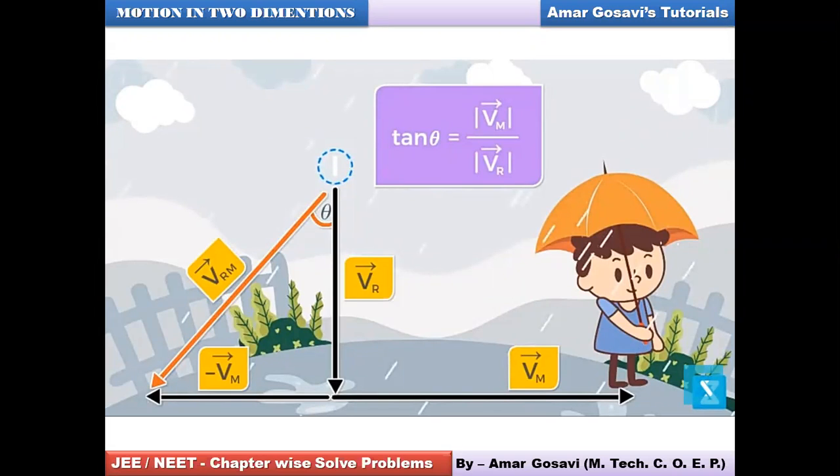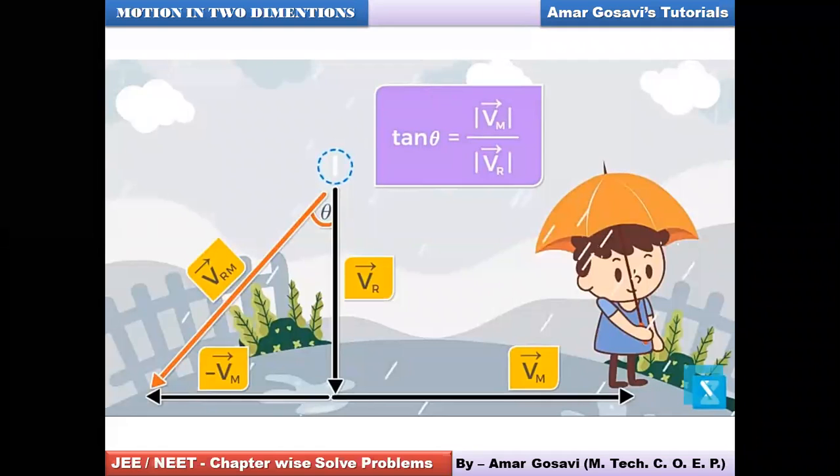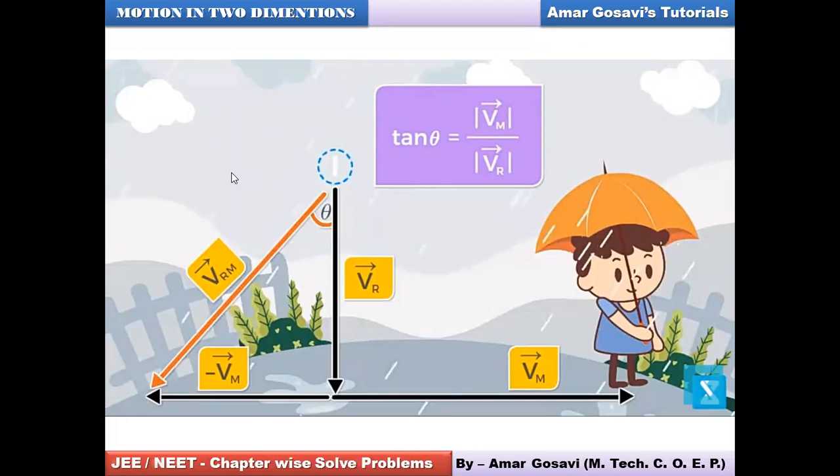Once you have noted this down, please let me know. So by knowing this angle, we come to know by what inclination the raindrops are falling on the ground. Okay, so most of you say done. Let's proceed then.